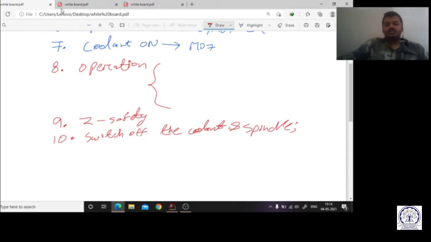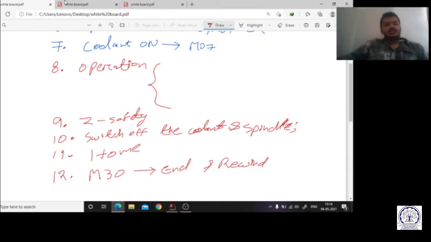After switching off both, we have to go for the home. We have to move to the reference position again, and finally we have to write M30. M30 stands for program end and rewind.